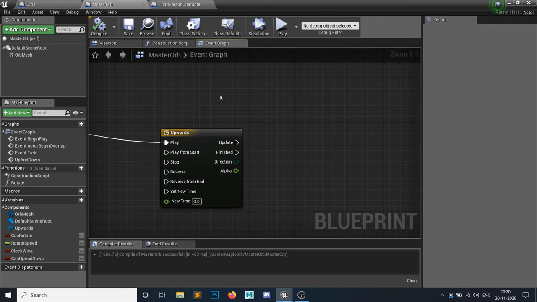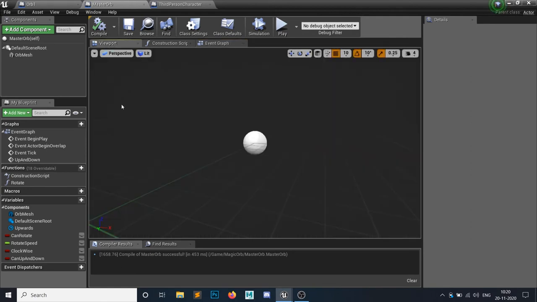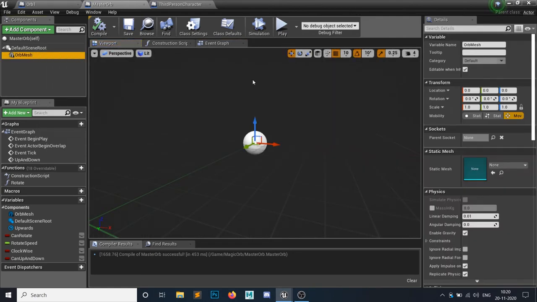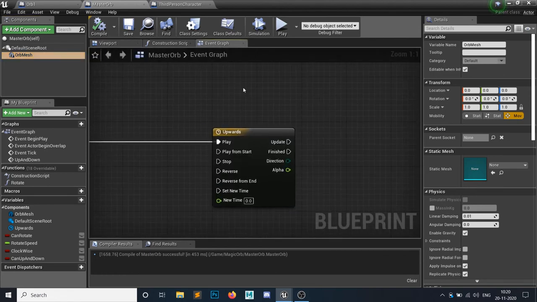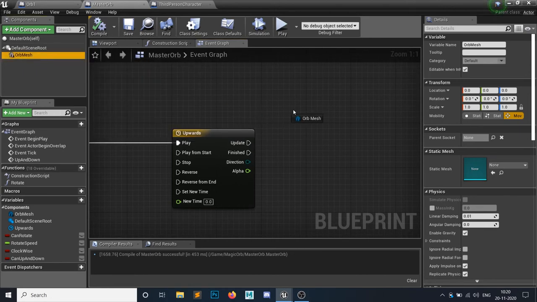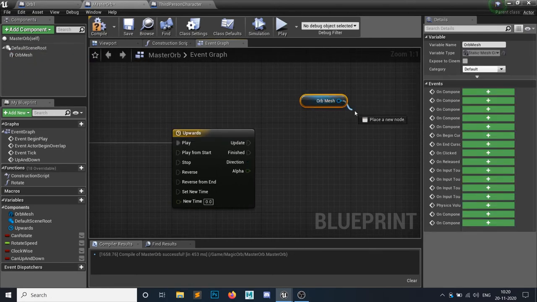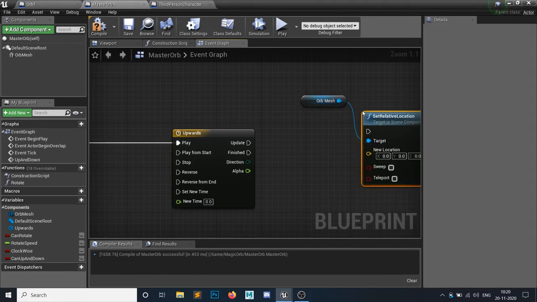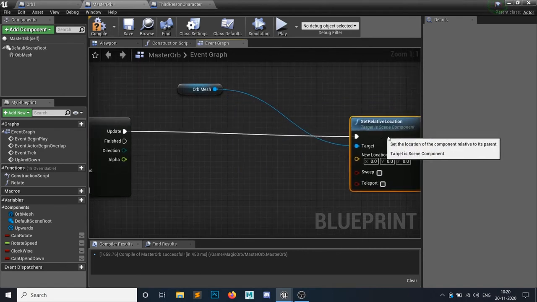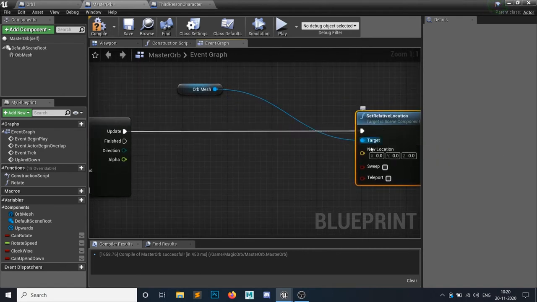Next thing is we want to move this orb up and down gradually. So how are we gonna do that? So we have the orb mesh. Let's set a relative location on the update, and we need the z-axis, the upward axis. So if you split it out, you can split it out.